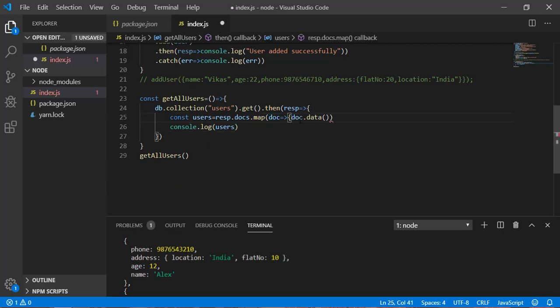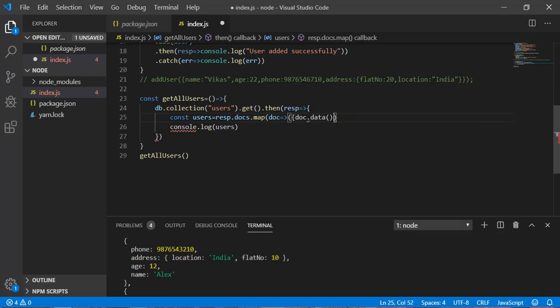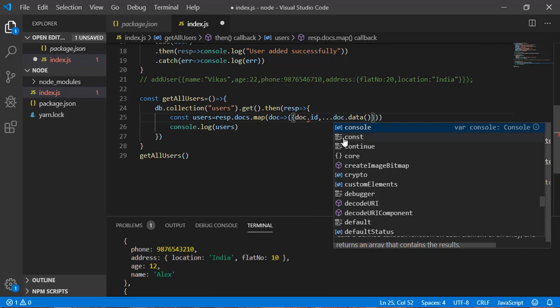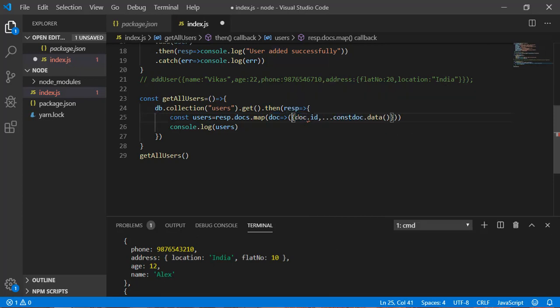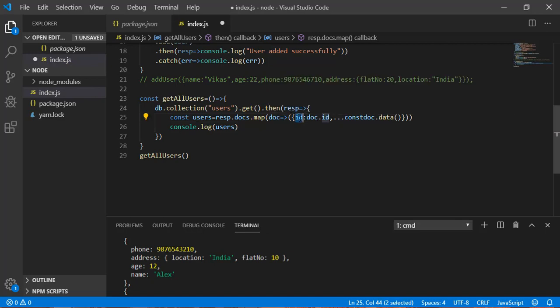I need to add curly brackets, and the next thing I have to do is get doc dot ID. I will spread this object, and I will assign this value to ID.